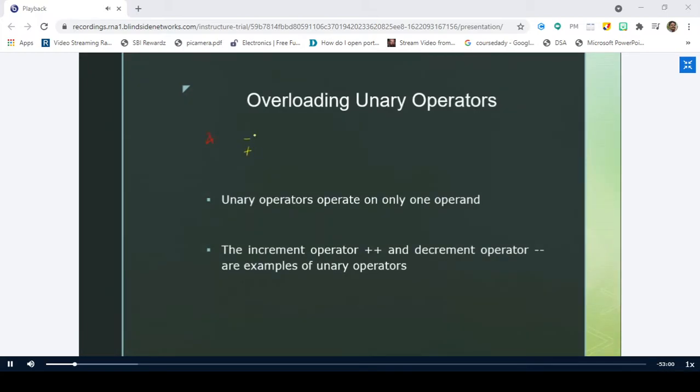Even though they can be treated as binary operators, they can also be used as unary operators. But most frequently, when we discuss unary operators, we'll be dealing with plus plus and minus minus, which is nothing but increment and decrement. You know all these things, right?